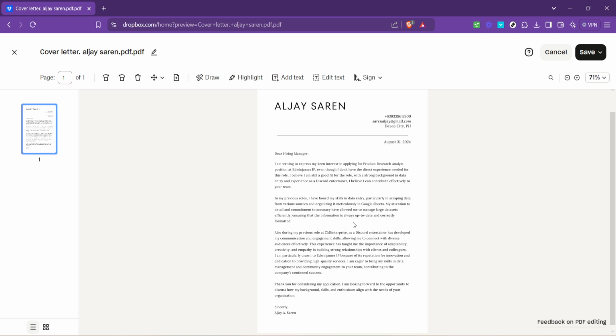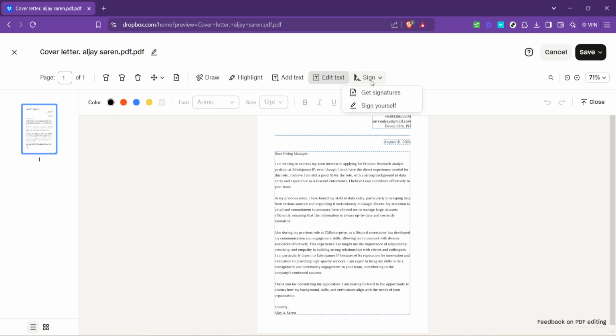If you wish to add new text to the document, simply click on Add Text. This feature is perfect for inserting additional notes, instructions, or information into your document. The intuitive interface allows you to place this new text exactly where you need it in the document. For those needing to make more creative or freeform edits, the Draw function is your go-to option. It lets you draw directly onto the document, perfect for marking up areas of interest, illustrating concepts, or simply adding a personal touch to your documents.